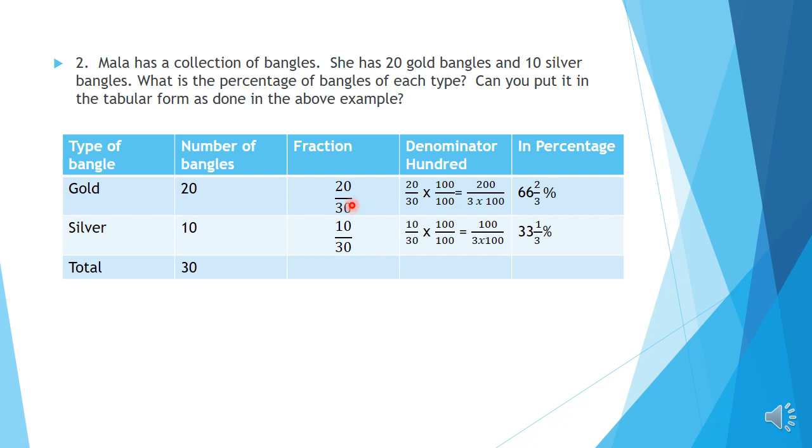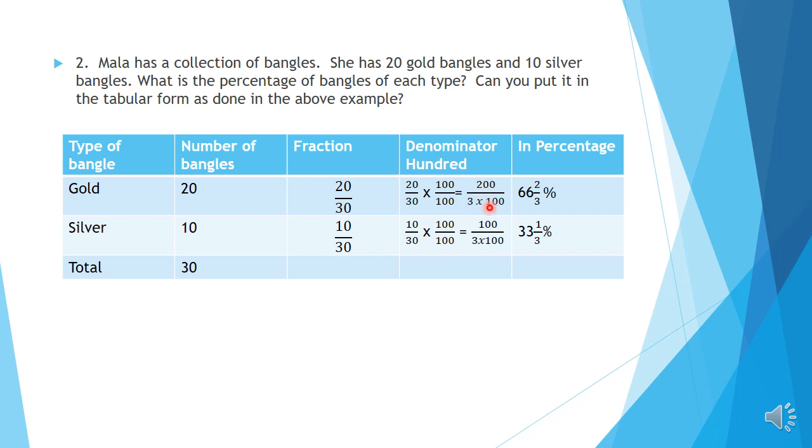So we are multiplying. For getting 100 in the denominator side, we are multiplying the given fraction by 100 by 100. Okay, 20 by 30 into 100 by 100. And you know children, we are keeping 100 here, and at simplification time you get 1 0 and numerator 0 gets cut. 30 0 and 20 0 get cut. So here we have 2 and here 100 left. 2 into 100 is 200 and denominator side we have 3 and 100. So 3 into 100. So this 100 you keep like that, then you think of the number, it will be 200 by 3.